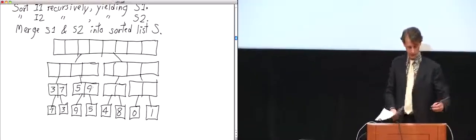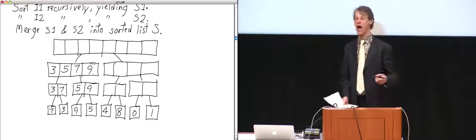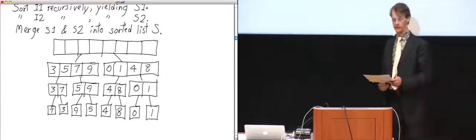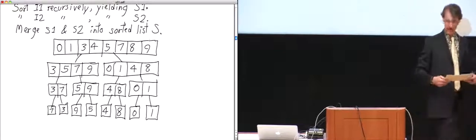So I start walking through both lists. Which is smaller, 3 or 5? 3. Which is smaller, 5 or 7? 5. Which is smaller, 7 or 9? 7. And then the 9 goes at the end. And likewise on the right-hand side, merge 4 and 8, you get 4, 8. Merge 0 and 1, you get 0, 1. Merge those 2 lists, you get 0, 1, 4, 8. Finally, at the very top of the recursion, the very first merge sort call merges the 2 big lists into 0, 1, 3, 4, 5, 7, 8, 9. And that is how merge sort is done.